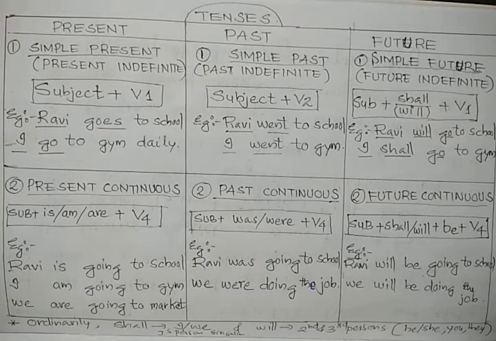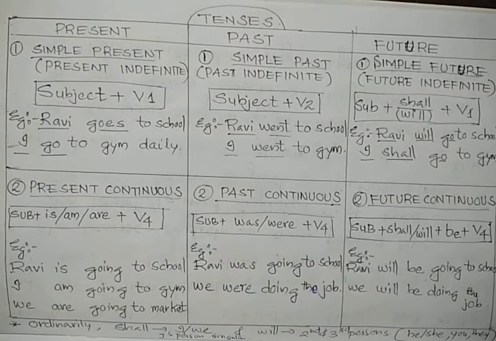I shall go to gym. I is the subject, shall plus go. Coming to the next row,